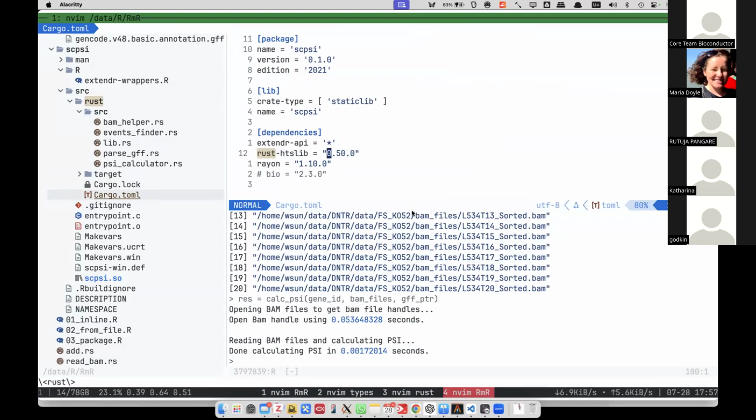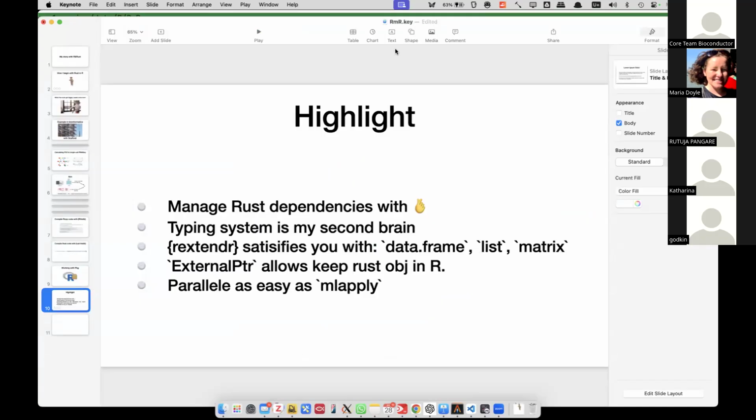In order to install the hts-lib, we don't need to configure makefiles, so it's quite straightforward to take advantage of the Rust package system, and that's the demo I want to show today.